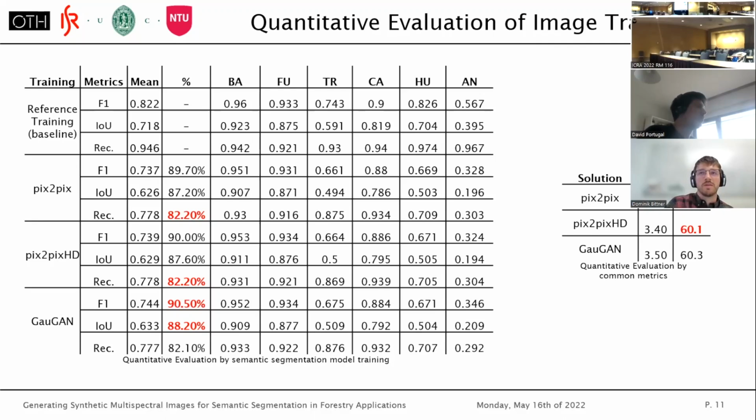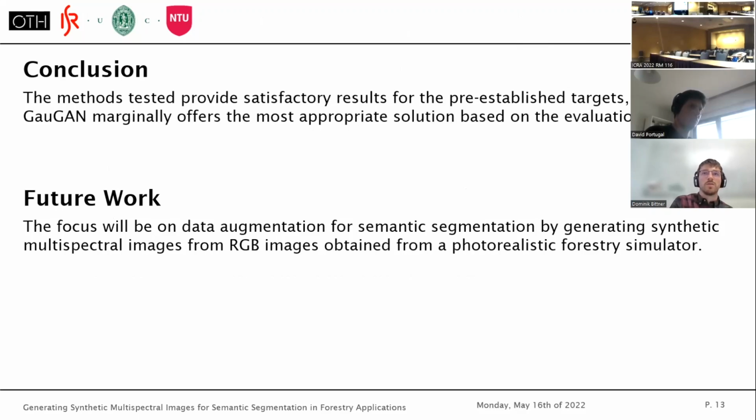Besides these numerical evaluations, it should also be considered whether a solution has the potential to improve the image generation or not. The results in both tables show marginal differences between each method. As a conclusion, in general, all tested methods provide satisfactory results for the pre-established target. Based on the evaluation results, GALGAN marginally offers the most appropriate solution for future use in synthetic multispectral image sample